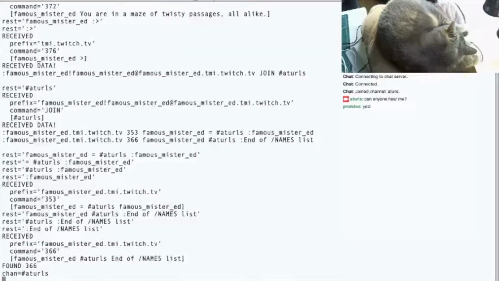Let's see if my bot can connect. Okay, well, I'm going to keep going and we'll see how this works. Anyway,